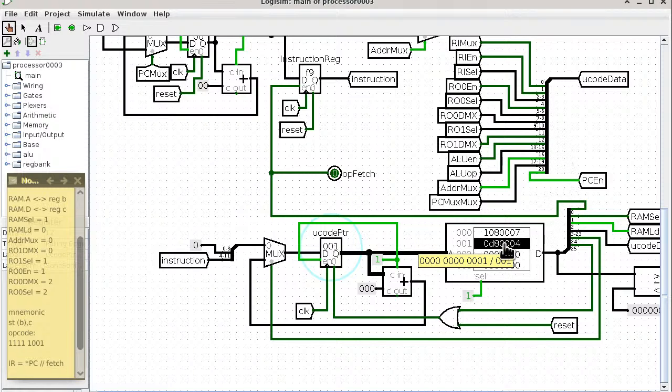If you are to convert 0D80004 into individual bits, and then use the splitters, there are 2 splitters involved over here, to find out how the individual tunnel is getting the zeros and ones, that is what is driving the entire processor, okay? So now we have to go through that whole analysis again. It's basically asking, who's going to be updated this time? So we'll go through that exercise one more time,